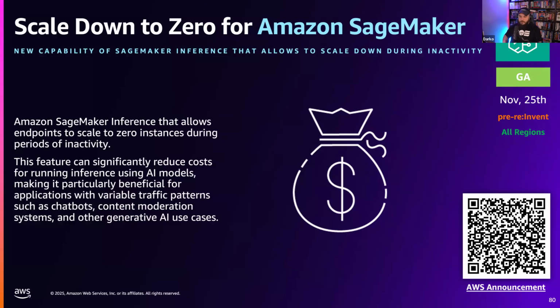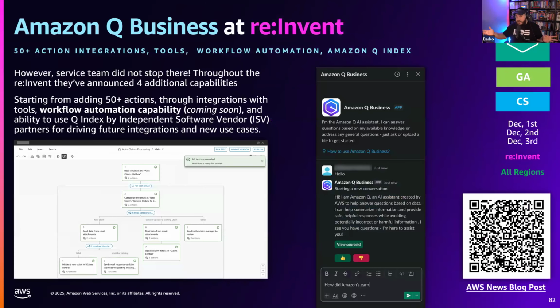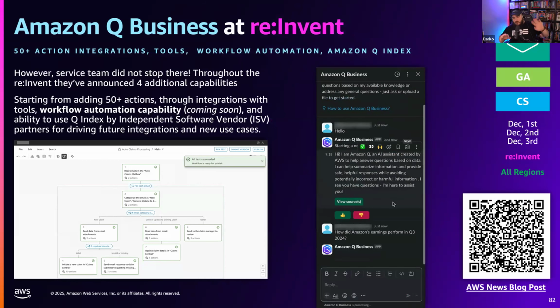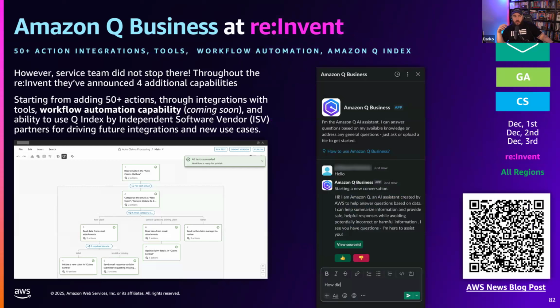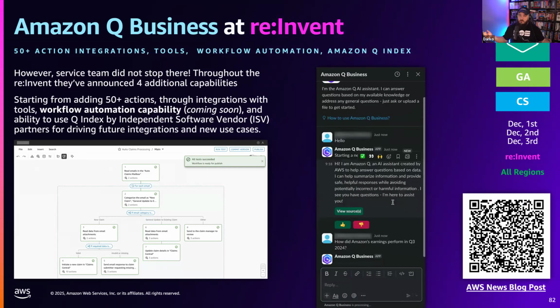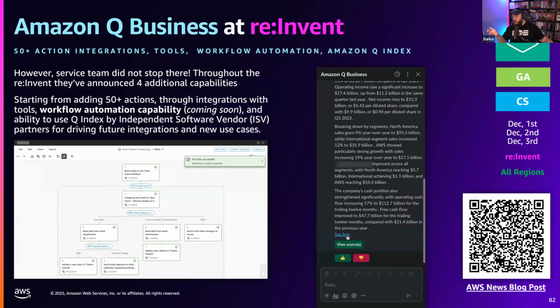Okay, SageMaker. What's next? Amazon Q for Business. There have been a lot of interesting additions to Amazon Q Business, which is another Q product. I know it's confusing, but Amazon Q Business is a non-developer service that integrates with data, and you can build chatbots that help your business understand things. In this example, it's a Slack bot. Among the features added around re:Invent, Amazon Q Business can now extract insights from images within documents, which is a really cool thing. If you give it a PDF that has a bunch of images, it will extract insights not just from the text, but also from the images.